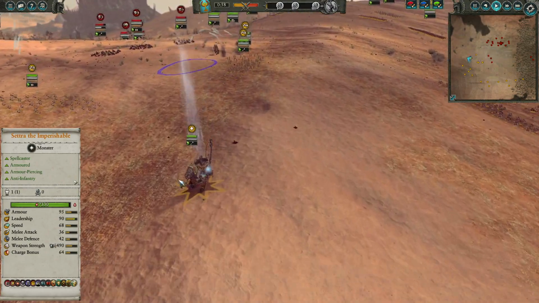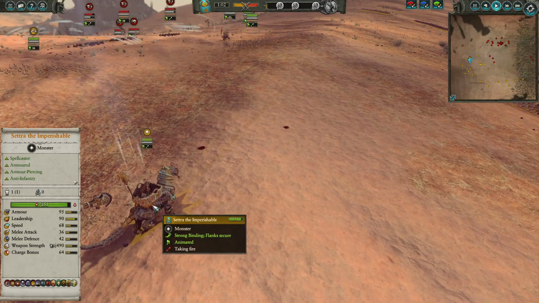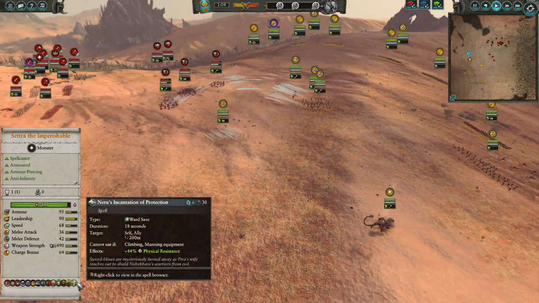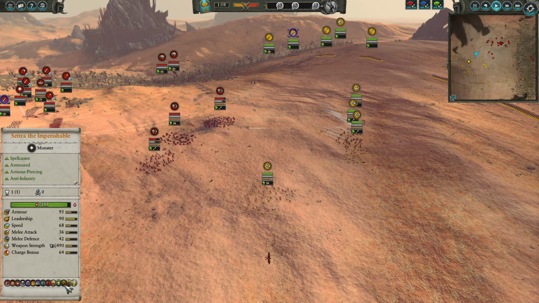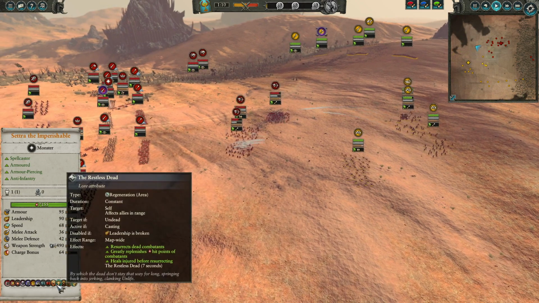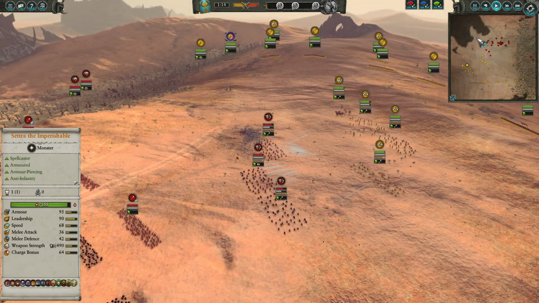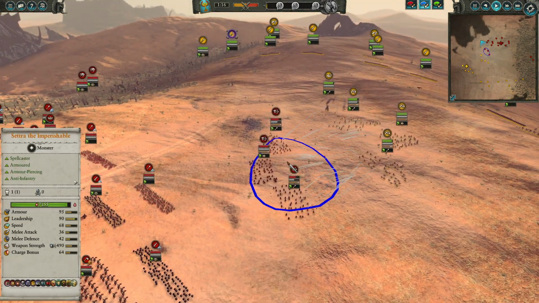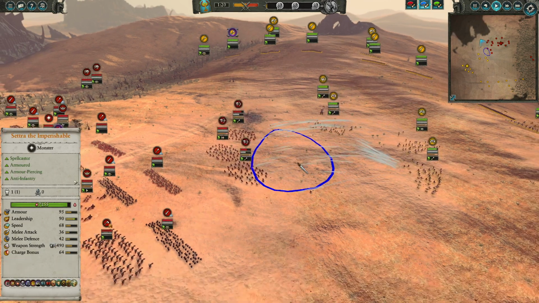And I'm just gonna keep moving. So far I didn't dodge that well. I'm rocking pretty much just Incarnation of Protection, the Crown of Nehekhara, and also Unyielding Will, and Restless Dead, and that's it. So here, Wolf Riders are basically losing rapidly to Skeleton Archer Horsemen. So basically,